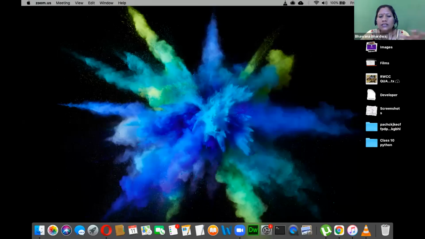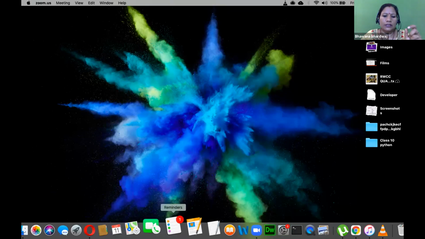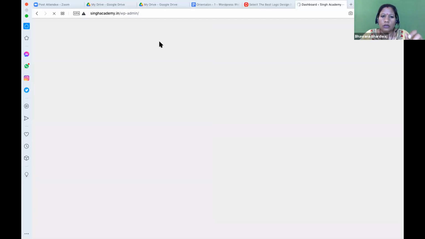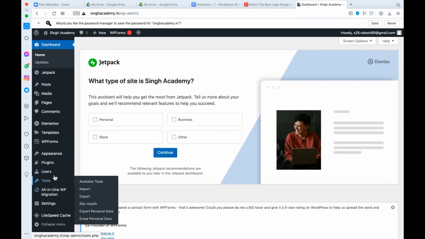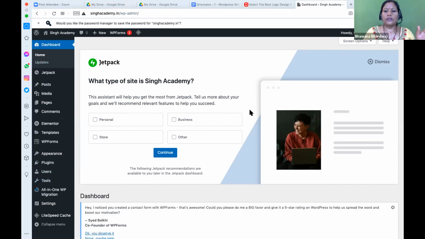Whoever is feeling a little bit overwhelmed, or feels like it's a little bit tough, what I would suggest is, start clicking on all the links of the WordPress dashboard. When we open this dashboard, just click on all the links and try to understand them. You have to make yourself familiar with this dashboard. This is the task of the week.